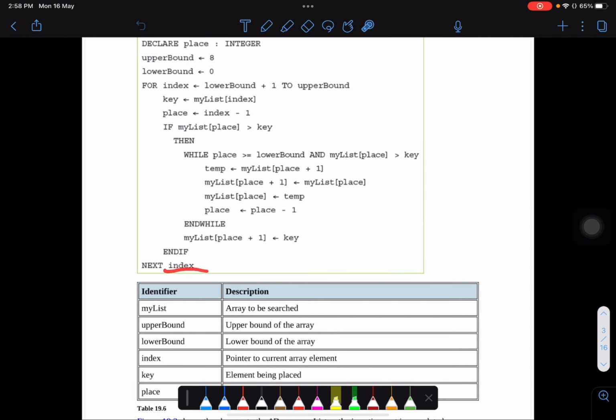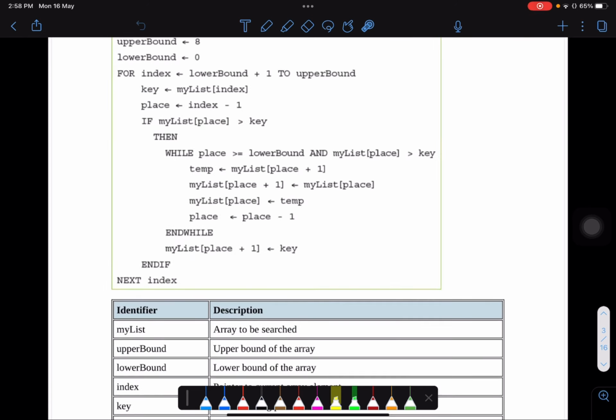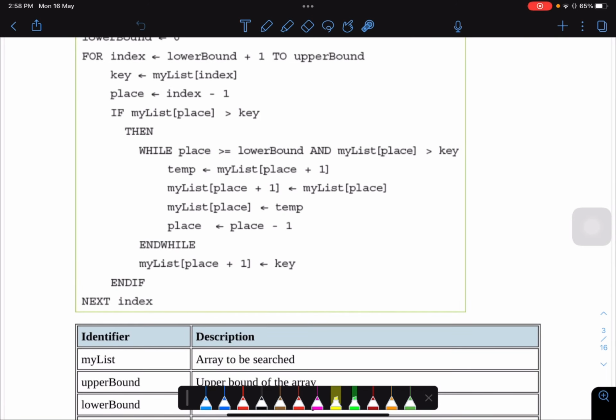And then we have next index. So we did this for the second value, right? Or the second element in the array. So now we'll go to the third element and we'll compare in the same way. And because this time our lower bound was 1 here, and if we're starting with the third, then at the end our lower bound would not go to 0, it would go to 1. So we'll run this loop again and compare with the first value, because we first compared 3 with the second value,